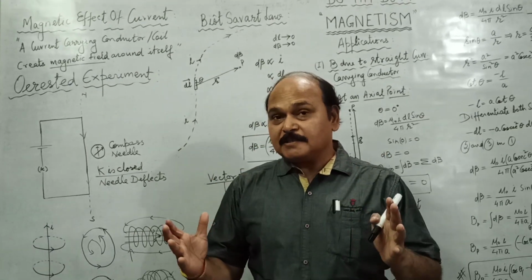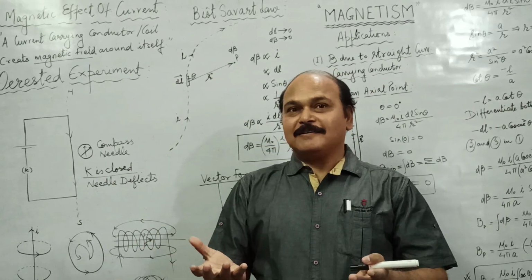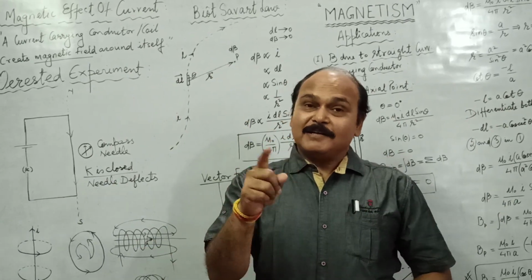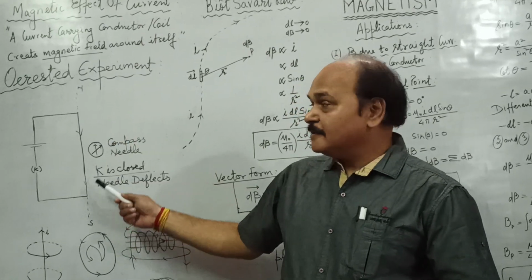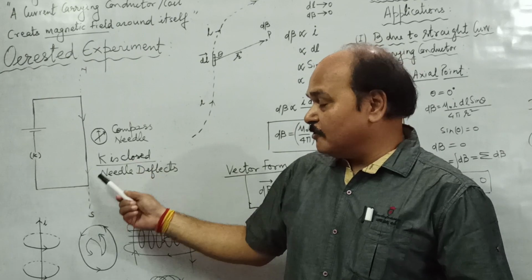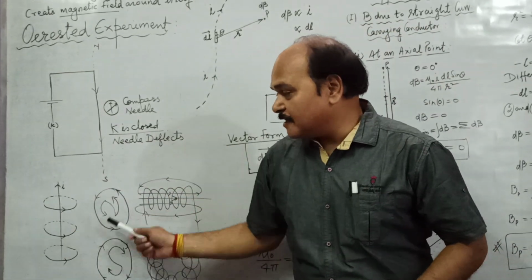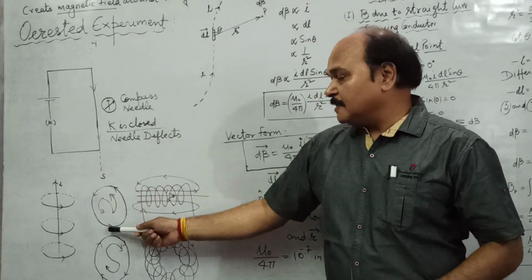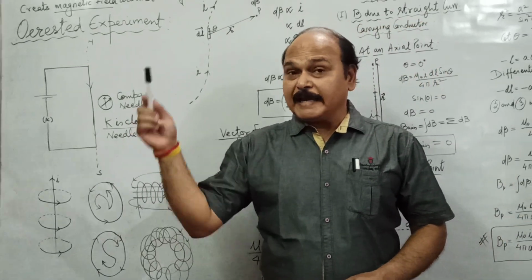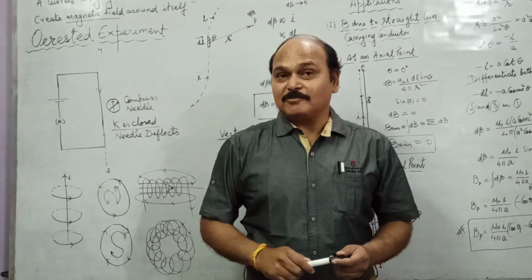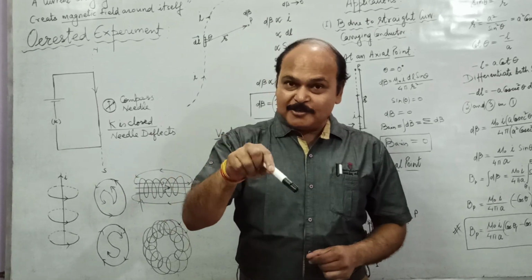What is the magnetic effect of current? The magnetic effect of current is the production of a magnetic field, the creation of a magnetic field around conductors only when current passes through the conductors. This is a straight conductor. It creates a magnetic field around itself. You have studied so many examples last time in the class. This is a circular current carrying coil. This is a solenoid and this is a toroid. So all these, when they carry current, create a magnetic field around themselves. And this is the magnetic effect of current, the magnetic field due to current.